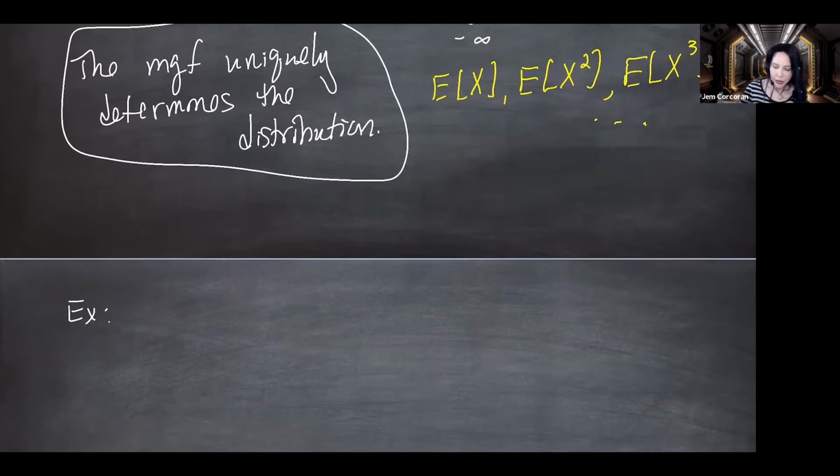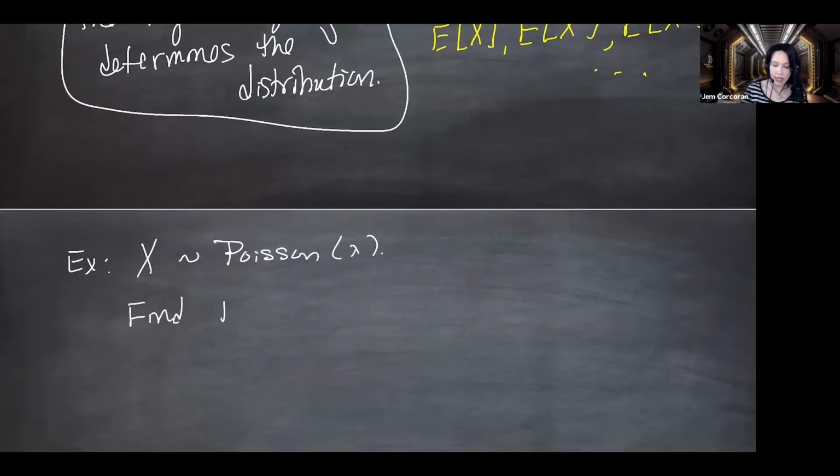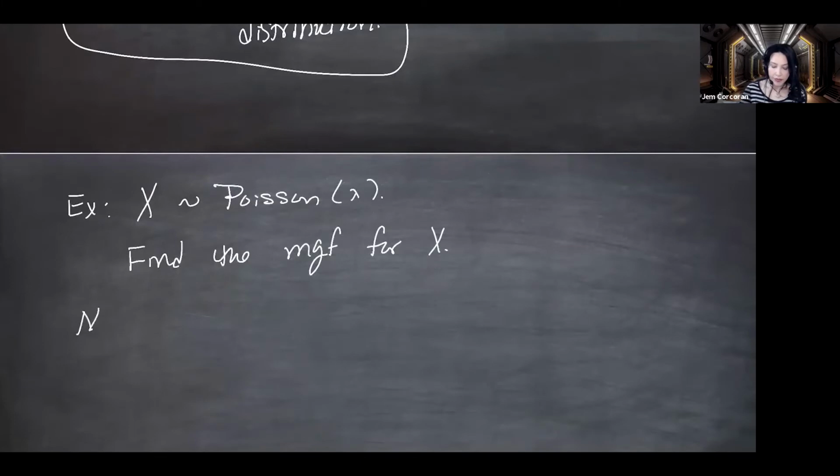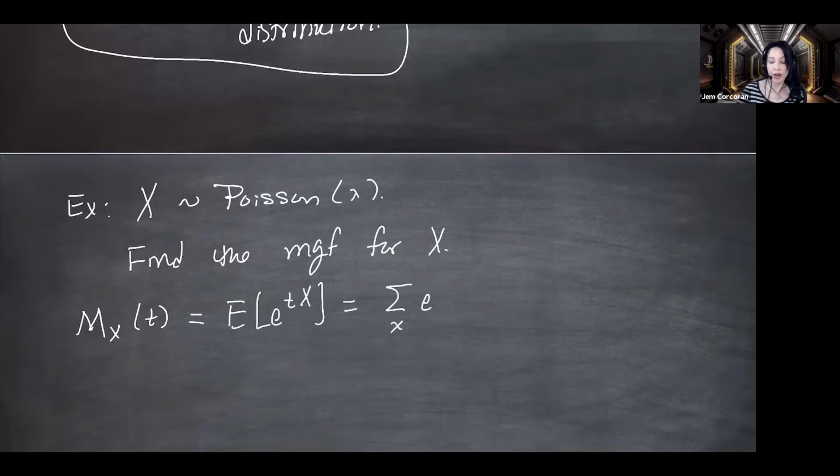So suppose that x has a Poisson distribution with parameter lambda. Let's find the moment generating function for x. So I am going fast because really I just want the result in the end. I'm just trying to give you at least part of what we can show in this class. This is going to be the expected value of e to the tx. And so for a discrete random variable, this is going to be the sum over x of e to the tx times the probability x equals x.